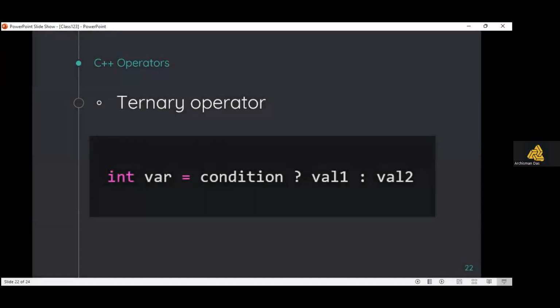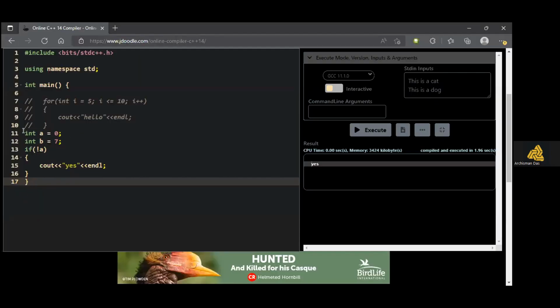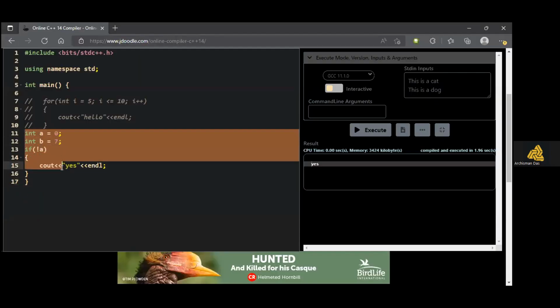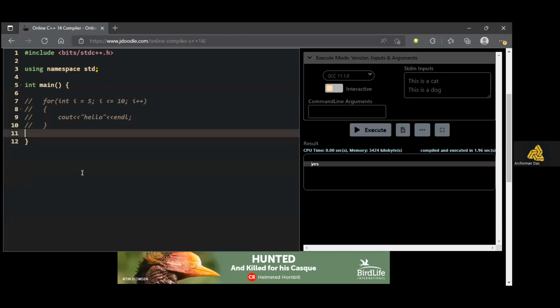This is a new concept, the ternary operator. Ternary is like an if-else statement, but just easier to write. So say